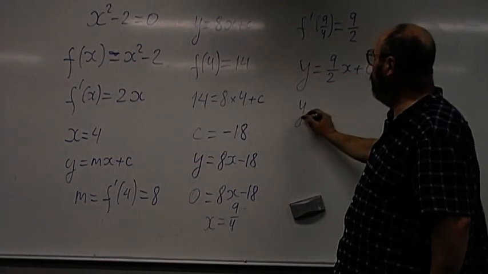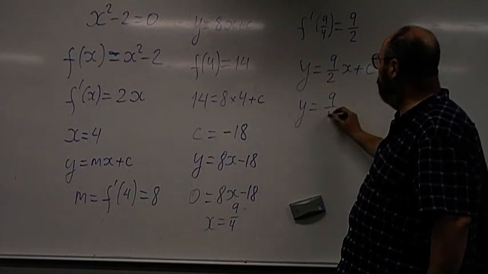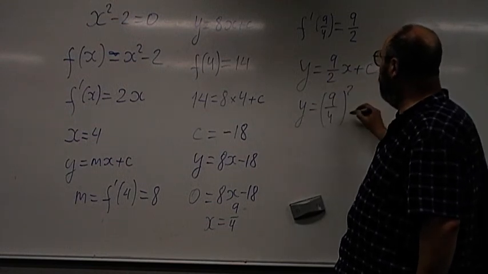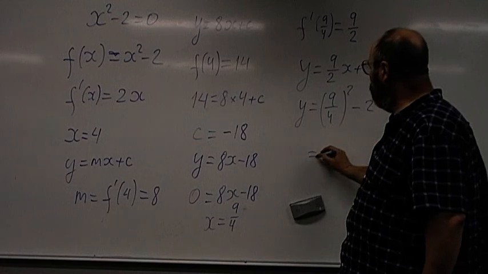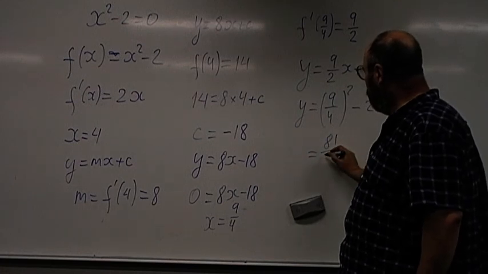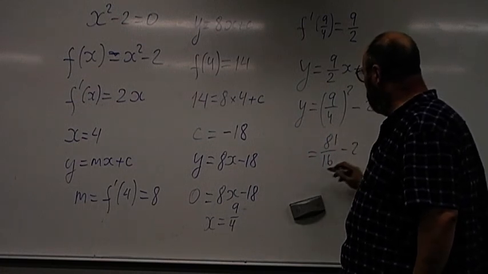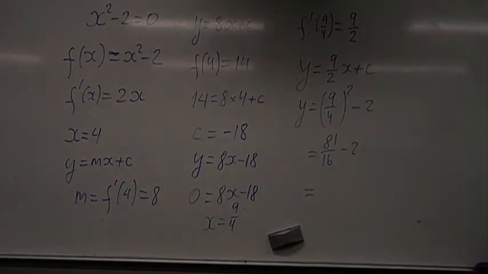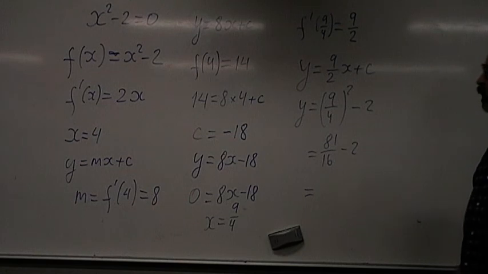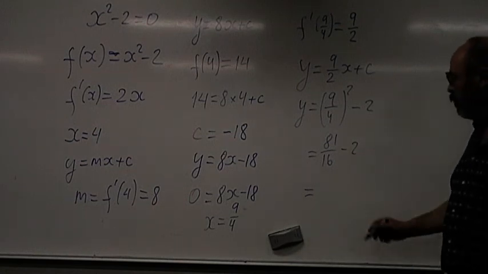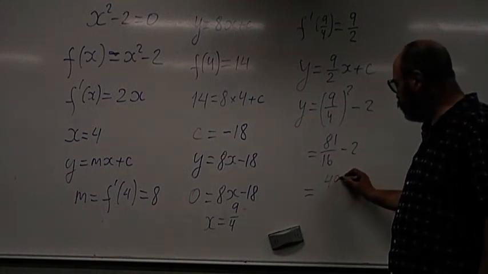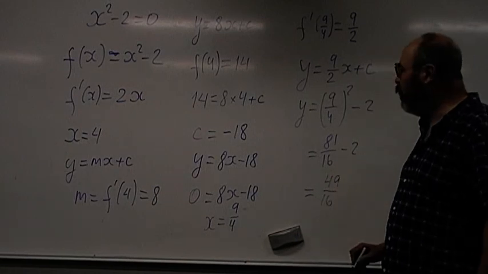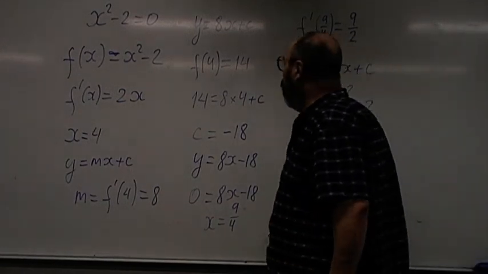So we have y equals 9 over 4 squared minus 2 equals 81 over 16 minus 2, which is 81 minus 32, so 49 over 16. That's right. So we have that the equation of the